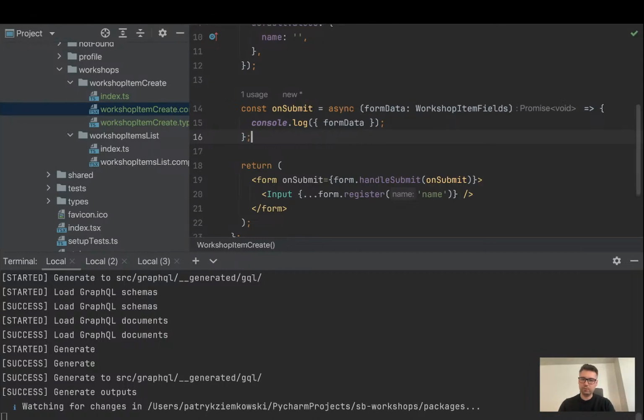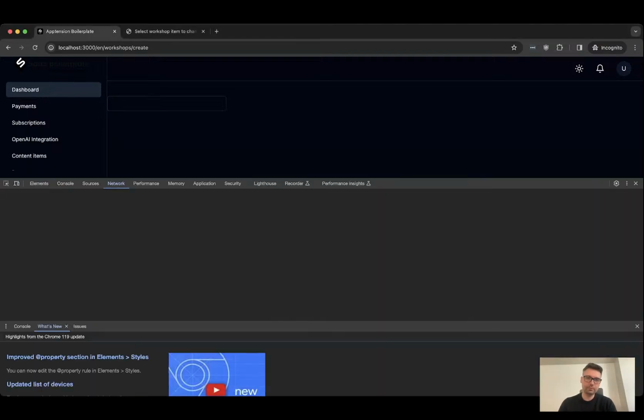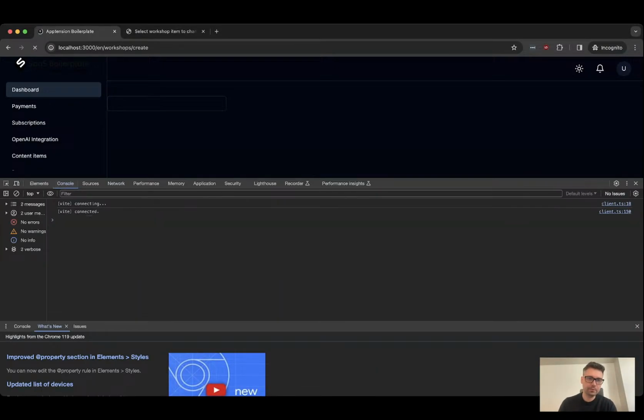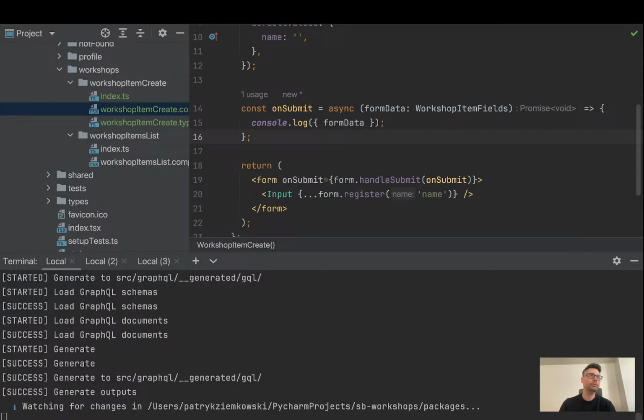Okay, let's see whether this works. I wanted to show you my browser, and see myself whether what we wrote works or not. ASDF, my favorite one. As you can see, the console log of the form data is actually ASDF, or at least name is what we added in our input. Wasn't very difficult,